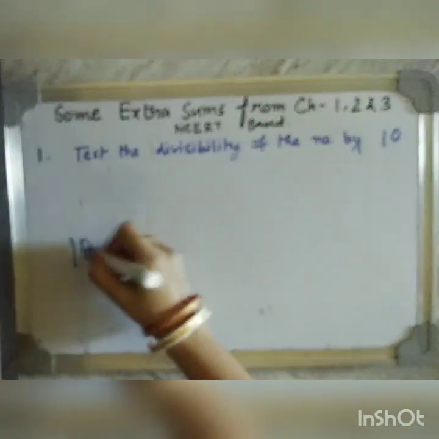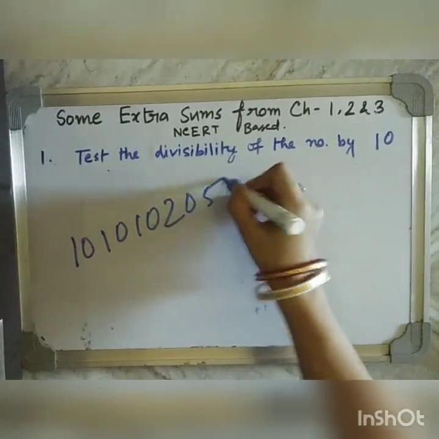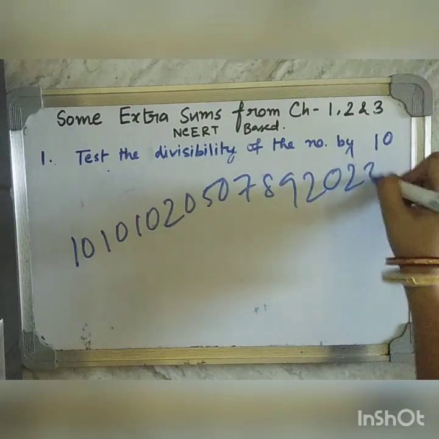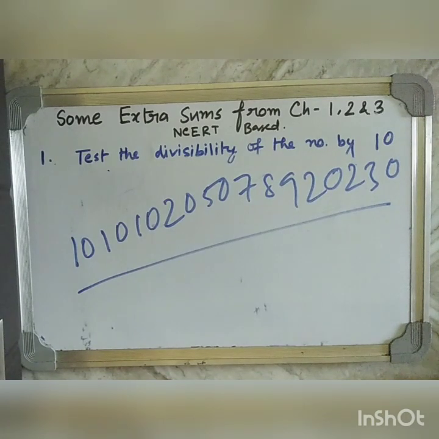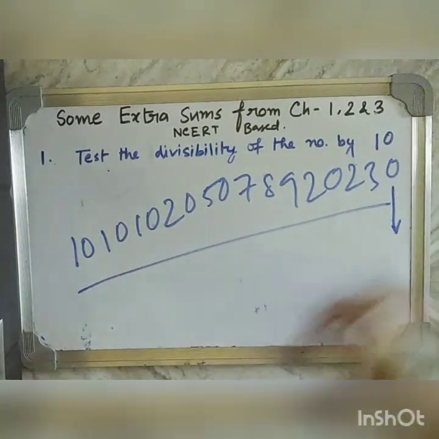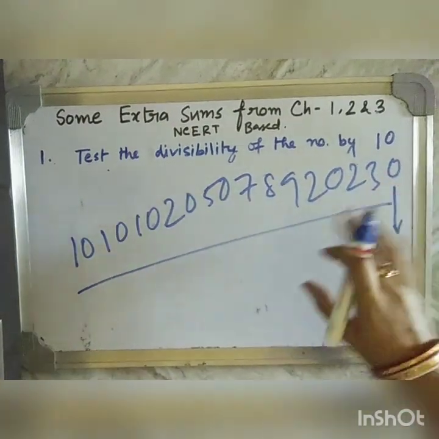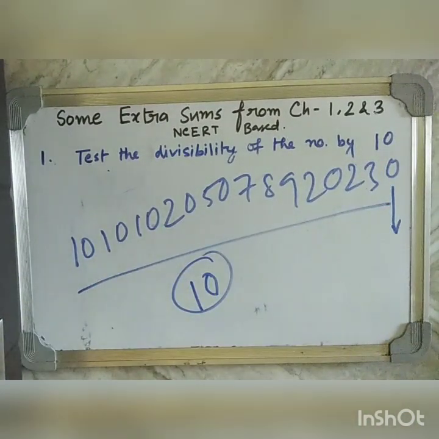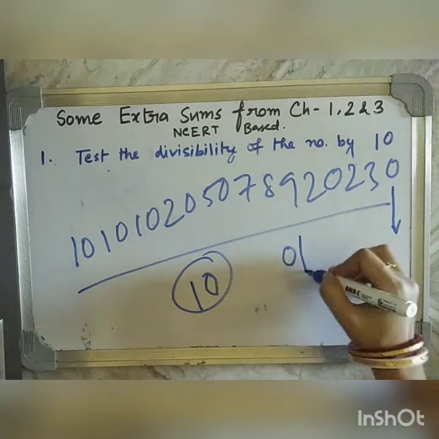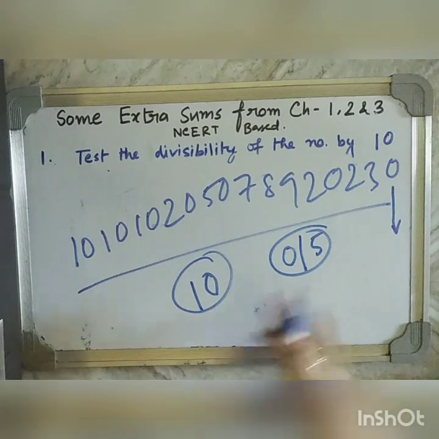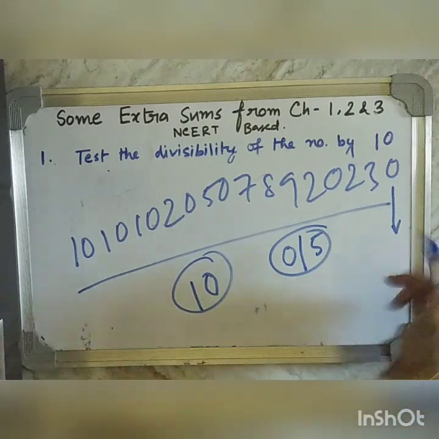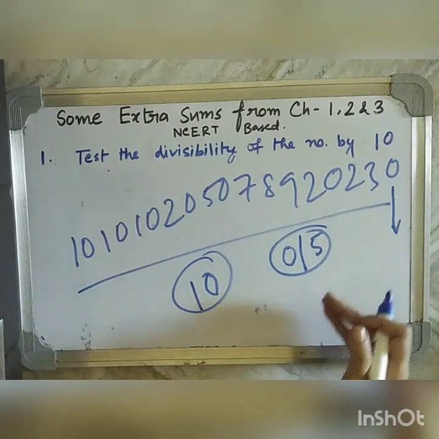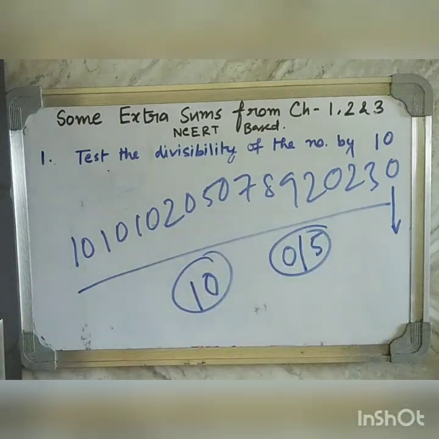Very easy. However big the number can be, this can also be the number. How to check whether this number is divisible by 10 or not? We will only check the unit place, which is 0 here. If it is 0 here, definitely the number is divisible by 10. In case of 5, we have seen that if there is 0 or 5 in the unit place of the number, then we can say that the number will be divisible by 5. But here we are getting 0 only, because if we have 0 in the unit place of any big number, then we can say that the whole number will be divisible by 10.